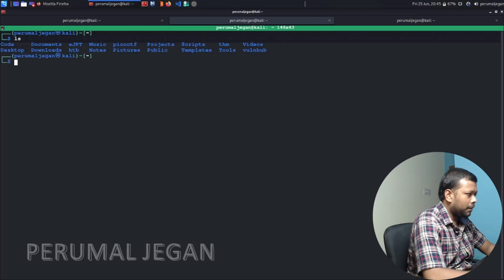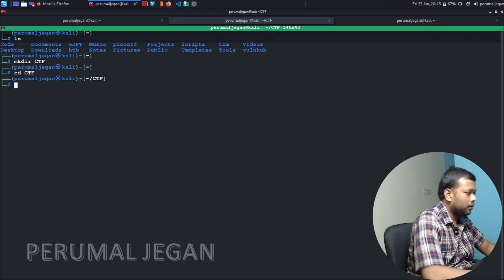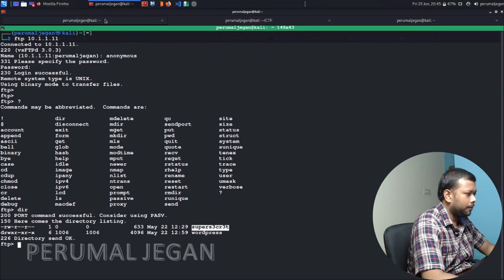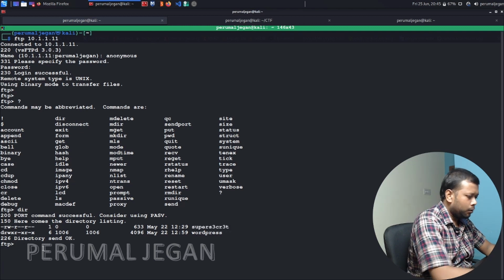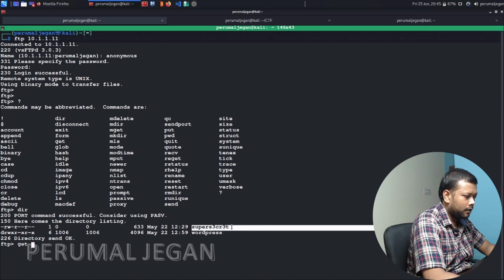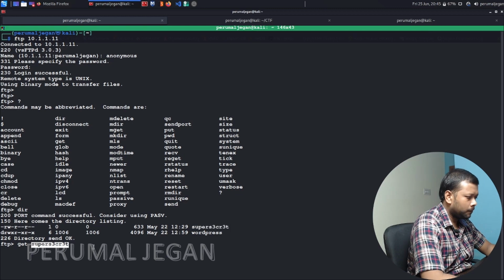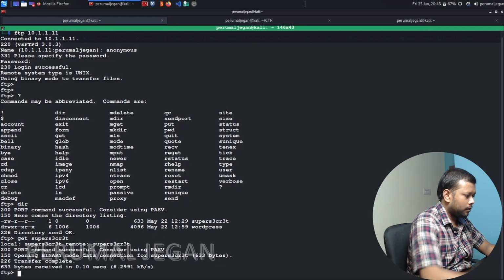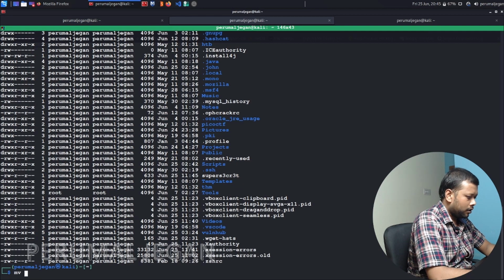Here let me create a directory, CTF. Now in order to download, the command is get and the file name. Now it is downloaded.